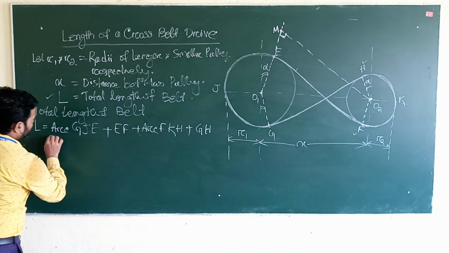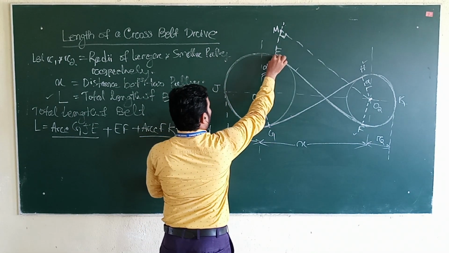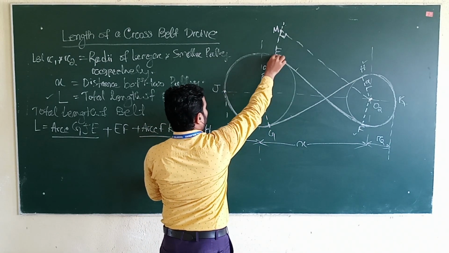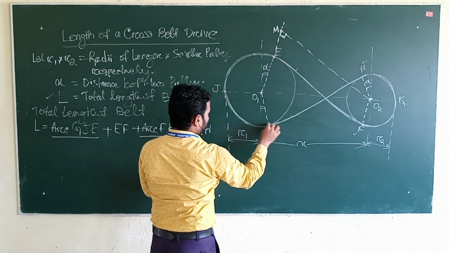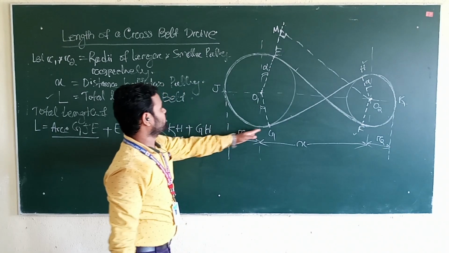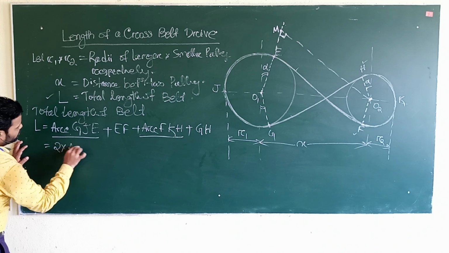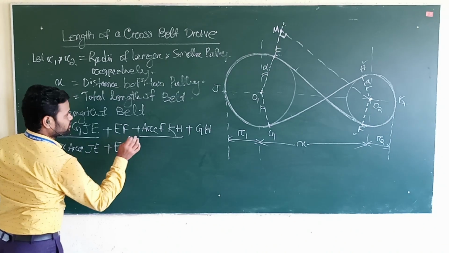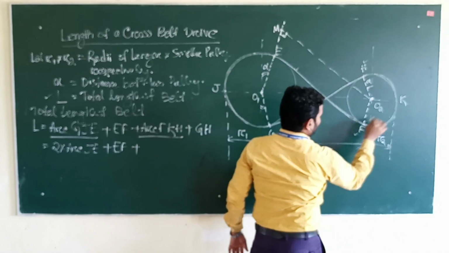So first we will see arc GJE, next arc FKH. Here in arc GJE, the midpoint is J. Then the arc GJE we can write as twice of arc JE. As J is the midpoint of arc GJE, twice the half arc JE gives the full arc. So in place of arc GJE, we can write twice of arc JE. Understood? Plus EF, same, plus in place of arc FKH,